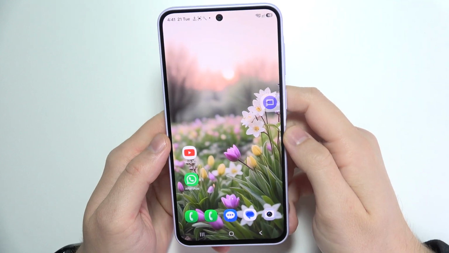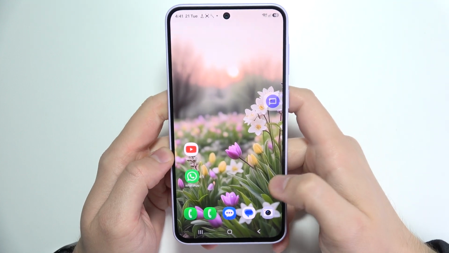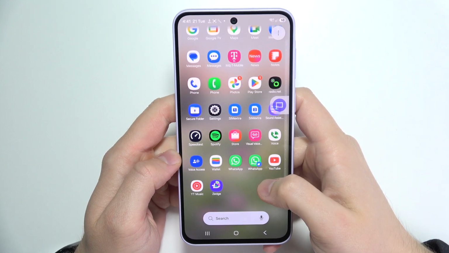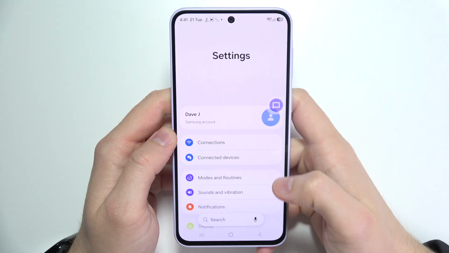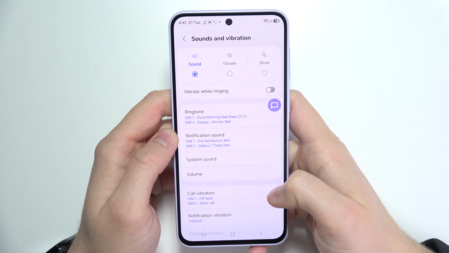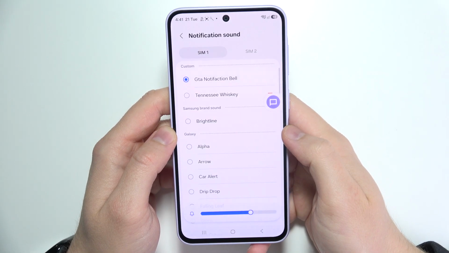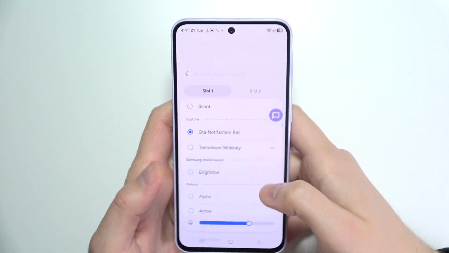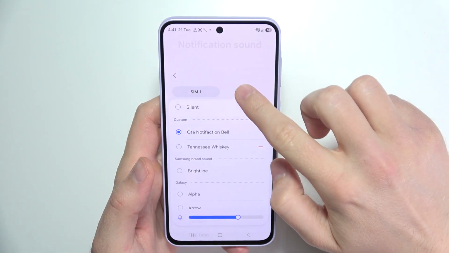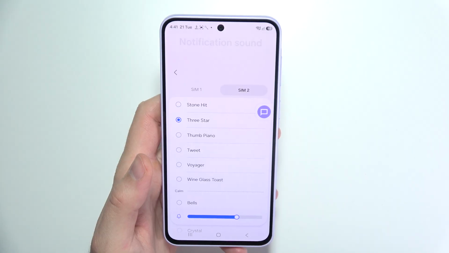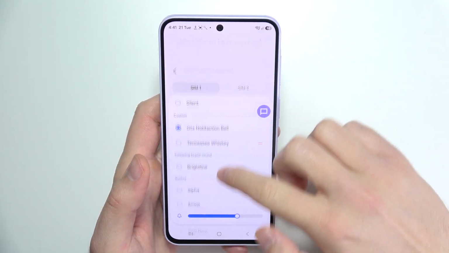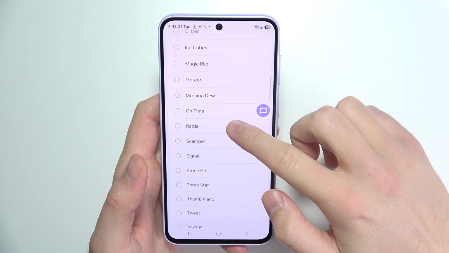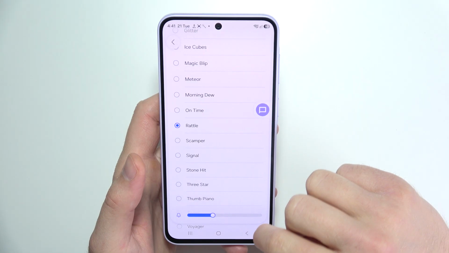To change a notification sound on the Samsung Galaxy A57, you can easily do this, and I'm gonna show you two ways. So first of all, open the settings and go to Sound and vibration, open Notification sound, and as you can see here, if you are using two SIMs, you can set a different sound for each of your SIM cards. And here you can find a lot of default sounds, so we can pick one,